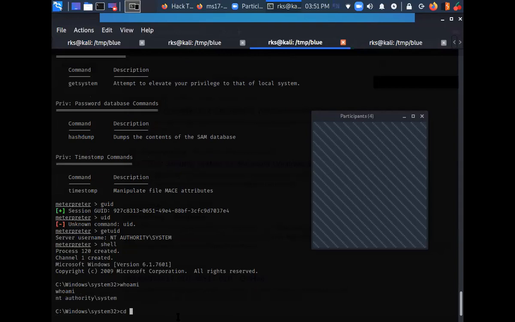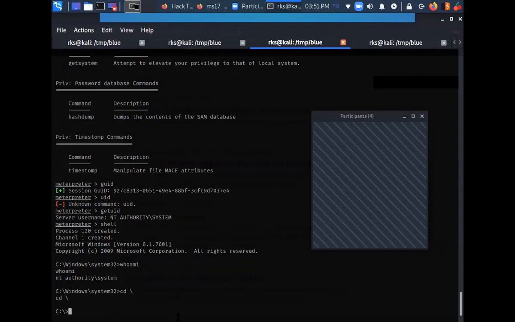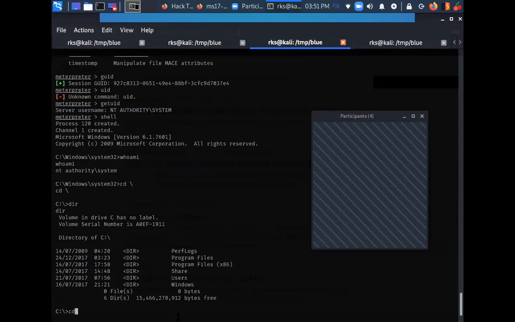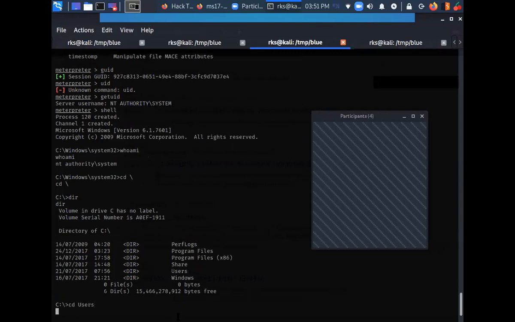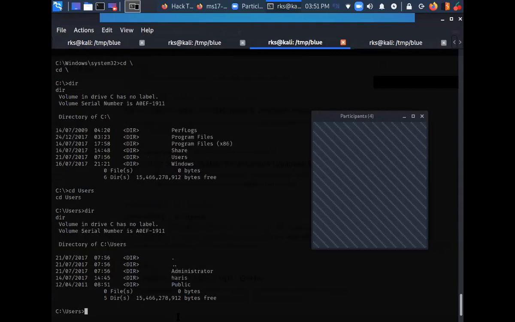Okay, let's get back and do dir, cd users. Harris is a user here. I can see Harris is a user on this machine.